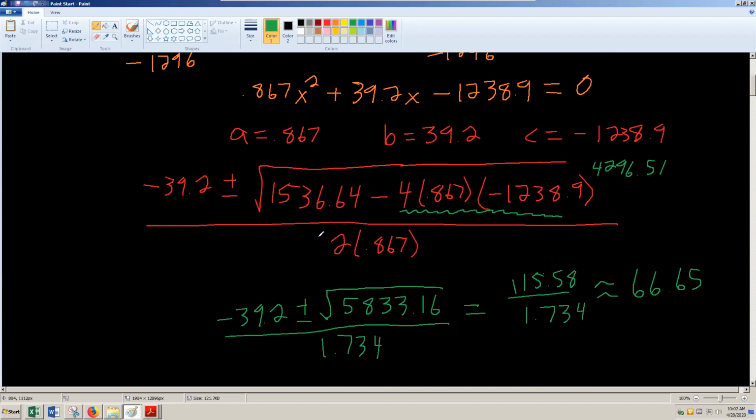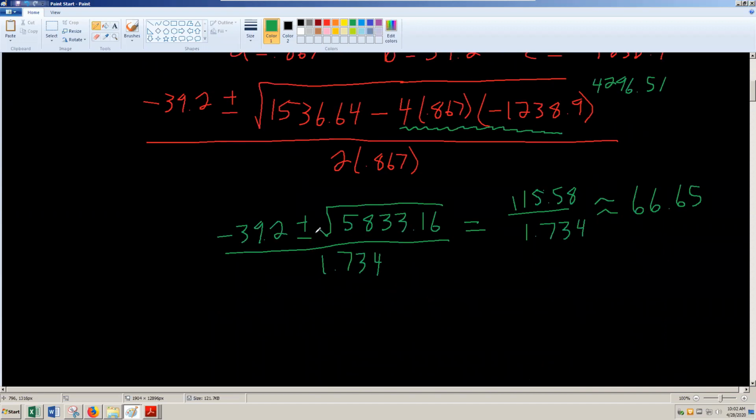I have a question. Yeah. To get to 115.58 over 1.734, did you add negative 39.2 or did you subtract it? Oh, that's what it is, Molly. You got it. I missed my negative sign there. Thank you. That's not right, and therefore this won't be right. Kudos to Molly. Cool. So let's go back and let's do the actual number, which would have been